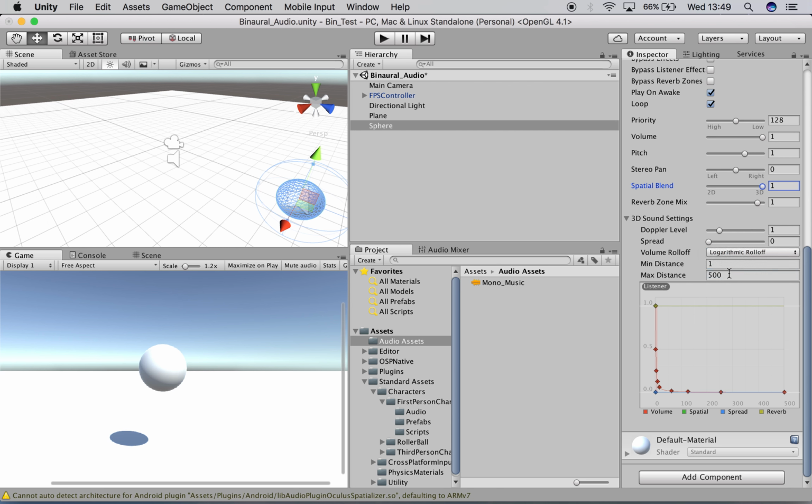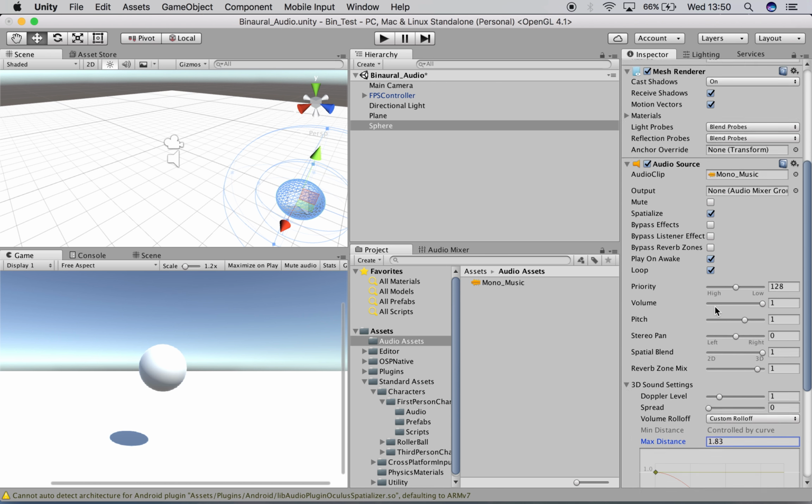And I'm going to customize the roll-off. It's up to you how you want the roll-off, whether you want the distance to fall off, spread too. It's best just to play around with it. Let me just change the size a second, make it a bit larger. There you go. Right, now once you've done that,